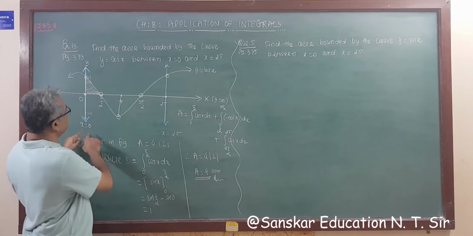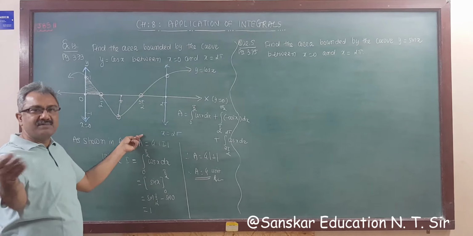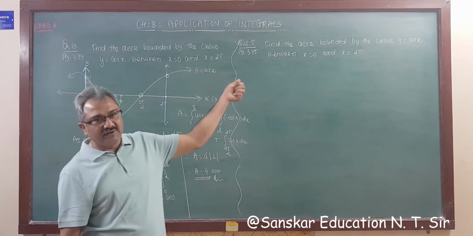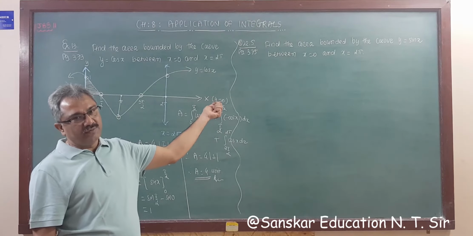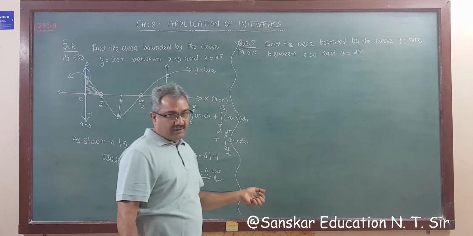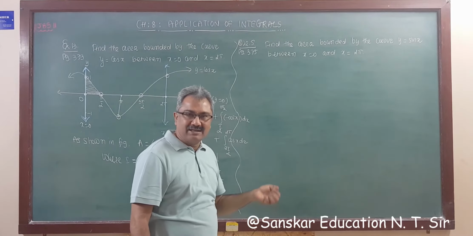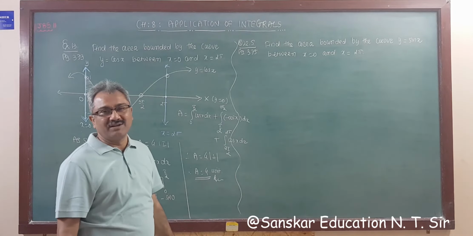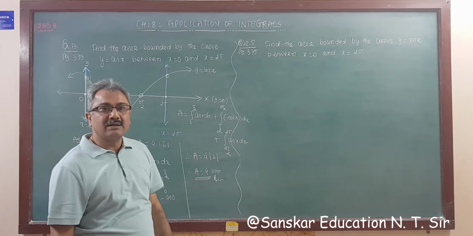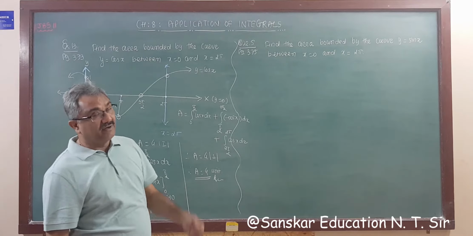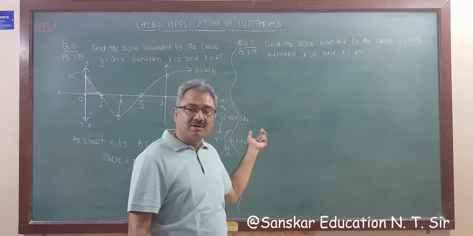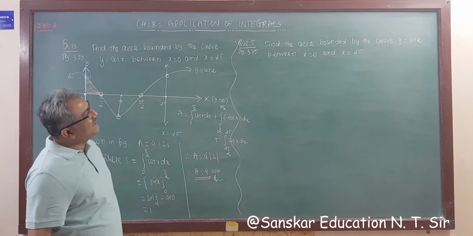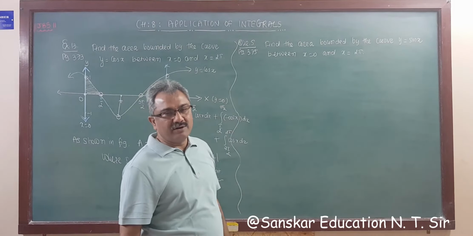Suppose it is given from line 0 to 3 pi by 2, then you have to multiply by 3 times. And you know how to draw the graph of sine and cos also, because this is a given sine function, so we have to draw the graph of the sine function also. And you learned in previous classes, that is in 11th, the graph of sine, cos, tan, sec, cosec, and in 12th also you are going to learn in the next chapter, that is relation and function. While we studied inverse trigonometric functions, you learned also the graph of all functions, right? So the answer is 4. Now next question, as we discussed, we have to draw a graph of sine.